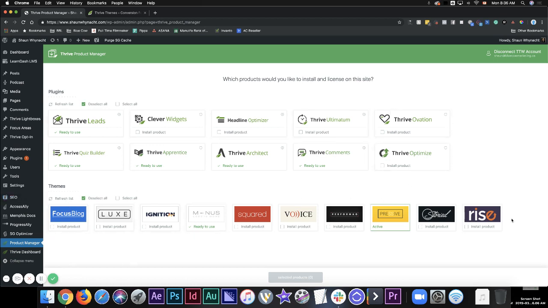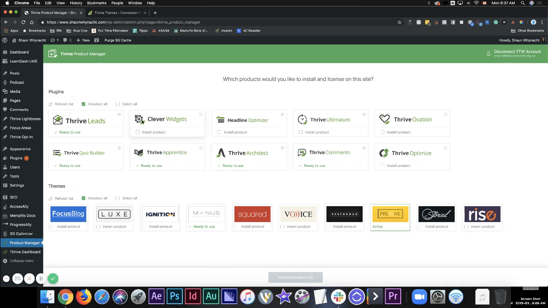Now, you might be saying to yourself, well, there's not a lot of themes. But with Thrive, it allows you to do a lot more than just a single theme. You've got full control over developing the whole site. We've developed many sites over the years, and over the last 18 months, probably close to 20 different sites, and I use the same theme, right? I use the same theme file. Now, if the site's using a blog, I'll use this one over here just because I like the blog layout